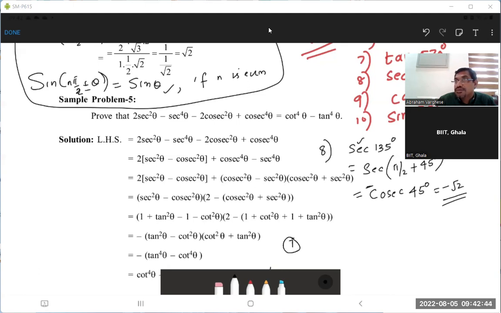This question you need to practice, otherwise after some time you'll forget. So the answer is 1 by root 3. Okay. So, yeah, how to do this one? Tan 570 will be